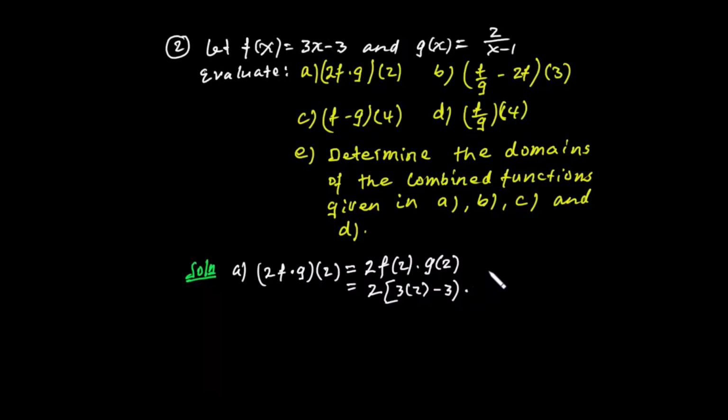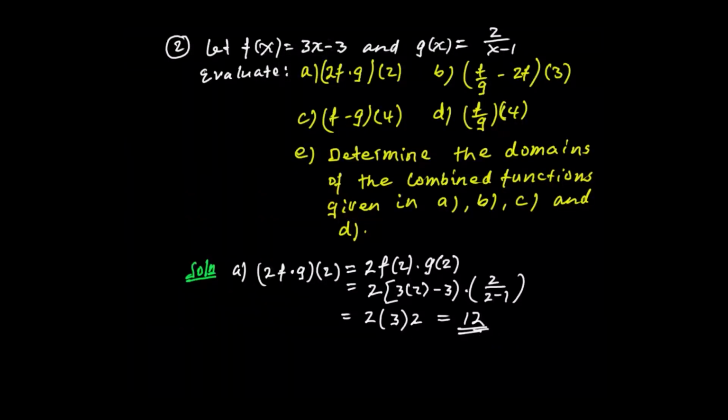this is f of x times g of x አለ። g of x 2 over x minus 1 ነው። ስለዚህ 2 over 2 minus 1 ይመጣል። ስለዚህ ይሄንን ካልኩሌት ማድረግ ነው። this is equal to 2 የውጭው አናት 3 times 2 is 6 minus 3፣ ይሄኛው ደግሞ 2 over 2 minus 1 is 1 ስለዚህ times 2 ማለት ነው። ስለዚህ 2 ጊዜ 3 ጊዜ 2 4 12 ይመጣል። ስለዚህ we evaluate ምን ማለት ነው? ቫልዩ አገኘን ማለት 2 is in the domain of the combined functions። combined የሆነ function ቫልዩ አገኘን ማለት ነው።